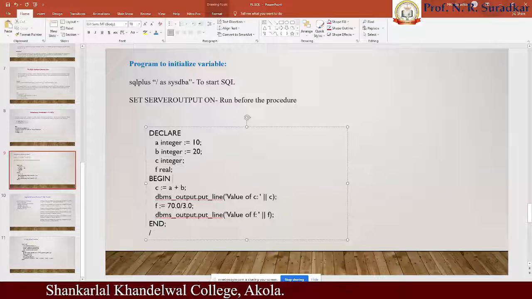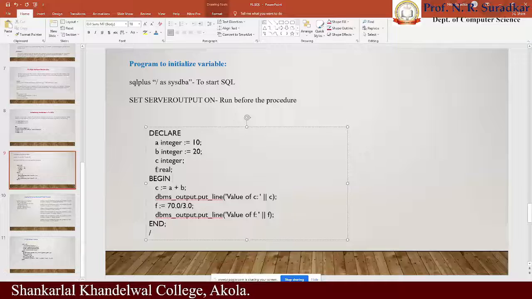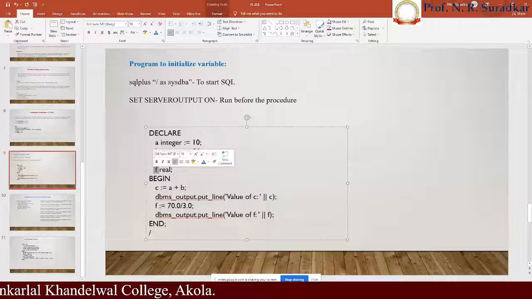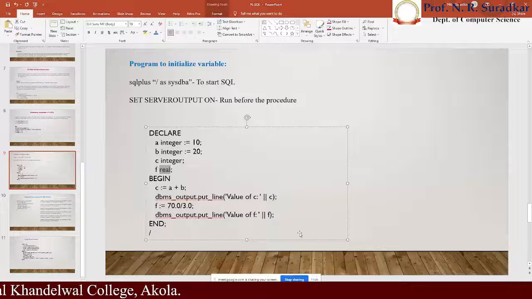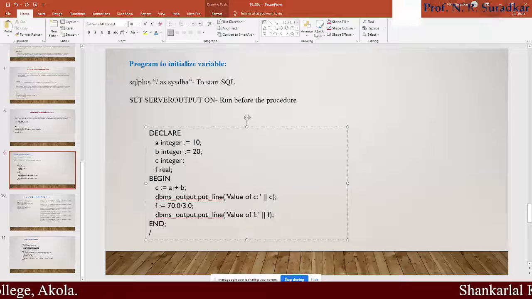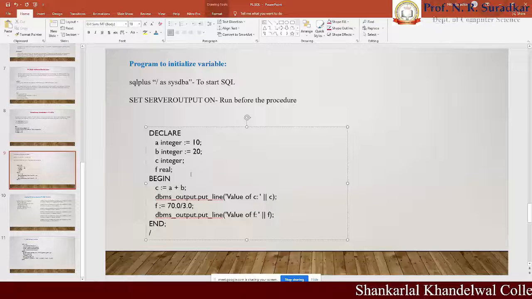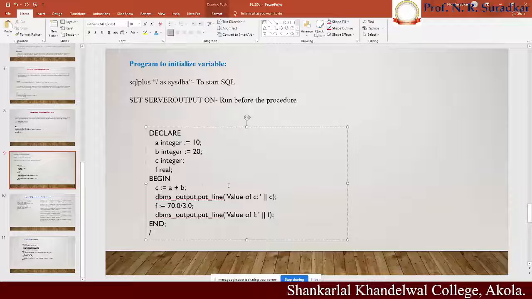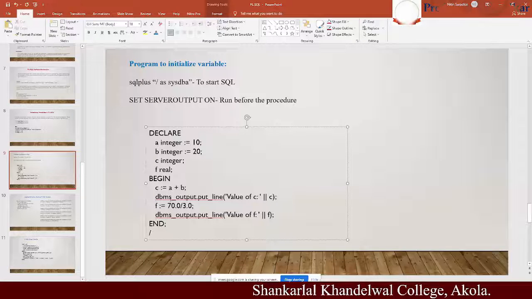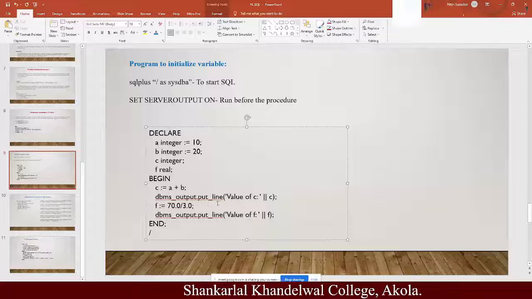Now let's see here. F is also a variable which holds a real value. Real is one type of data type. Now we begin the program execution, in which C = A + B. A has the value 10 plus B has the value 20, so 10 plus 20 becomes 30, and that value will be printed with the help of dbms_output.put_line.